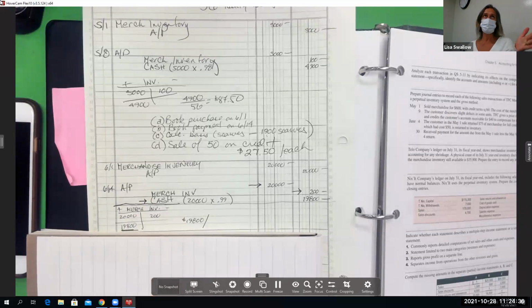Okay, so help me understand this. If I had bought those scarves and it had no discount, say that I had paid on the 18th of July or June, would I have gotten a discount? No. Does anybody have a problem then with the fact that there's $20,000 of scarves sitting in my inventory? No. So why is it a problem in your mind that I have $19,800 worth of scarves sitting in my warehouse? So it's just that if you get a discount, you'll have a lower cost basis. Yeah, because you paid less for them, right? You paid less for them. Yeah, you've still got